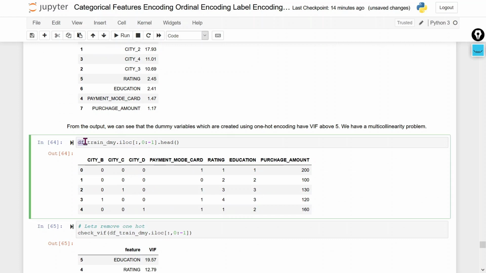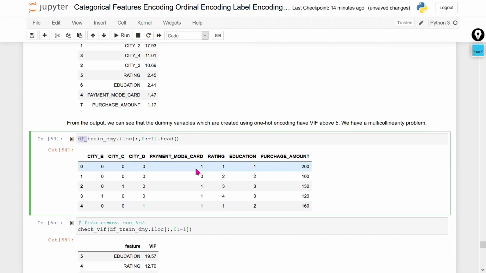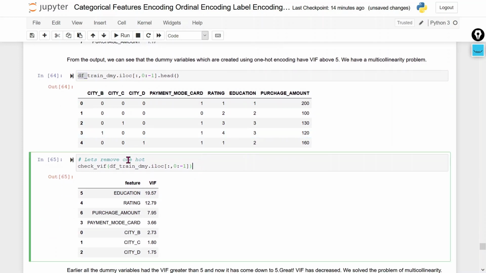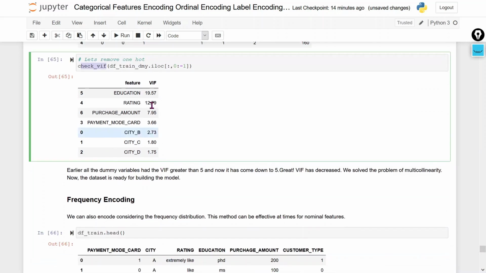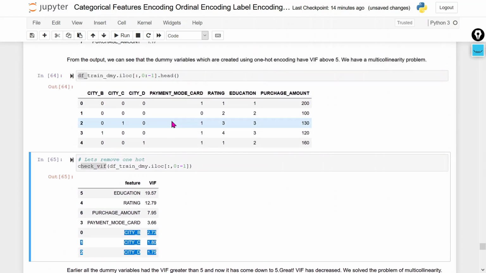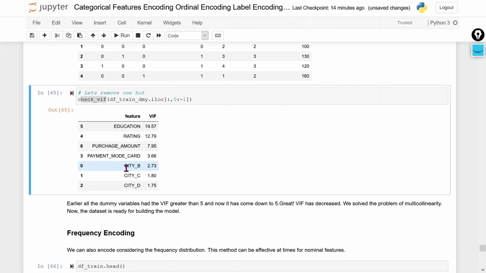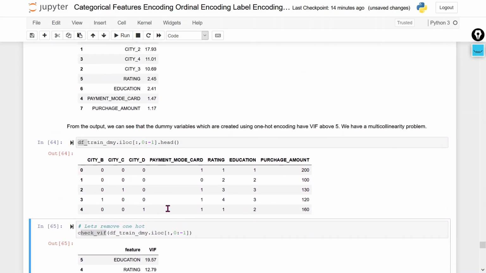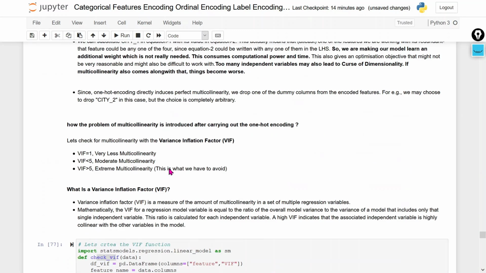This data set I have already prepared with the deletion, so I am using this particular data set here. If you see, I have deleted column A. Once we deleted column A, let me apply this data frame to this particular function. After that, I am getting these VIF values. If you see here, after removing column A, our VIF is drastically reduced. It means our multicollinearity is removed. This way we can verify the multicollinearity. This is called the dummy variable trap.